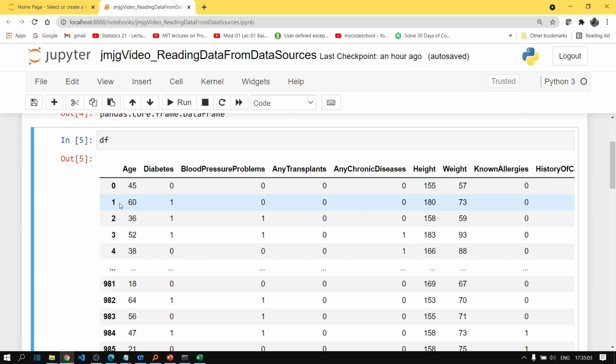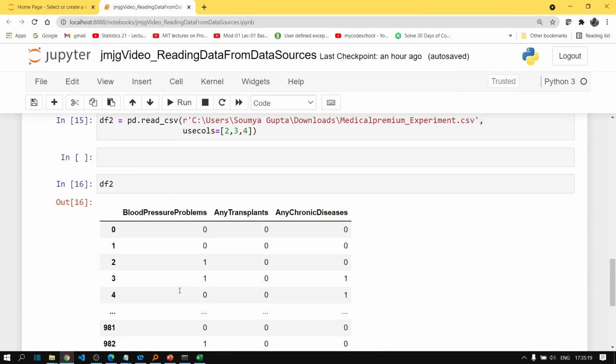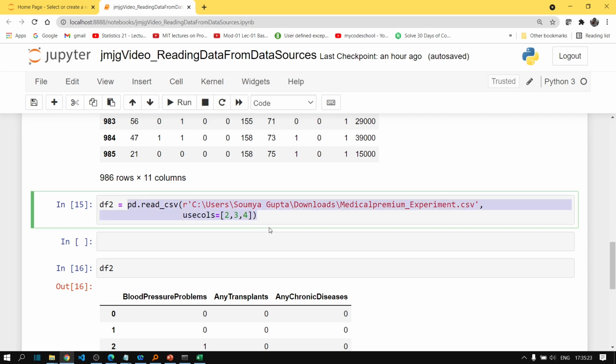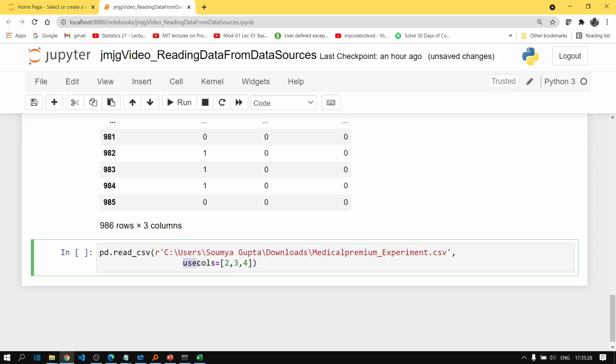Now let's say you want this particular column age to be treated as the index of the data frame. So in that case, let's copy this once again, and here in col_index you will specify age.